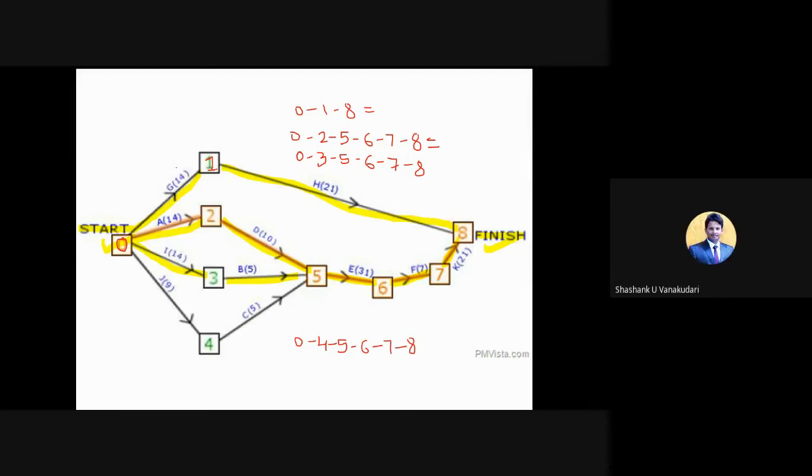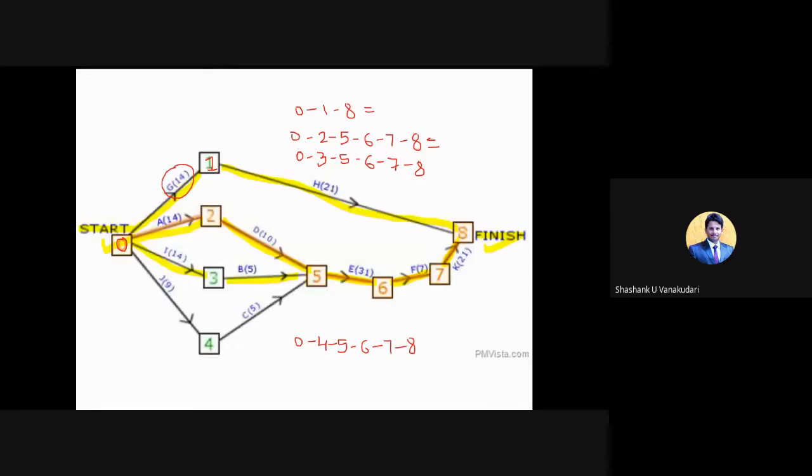Yes, visible. Or else I will tell you, you can note down that from 0 to 1, that activity is noted down as G activity, and the time duration they have given is 14. And now moving on to the next part, that is 1 to 8.